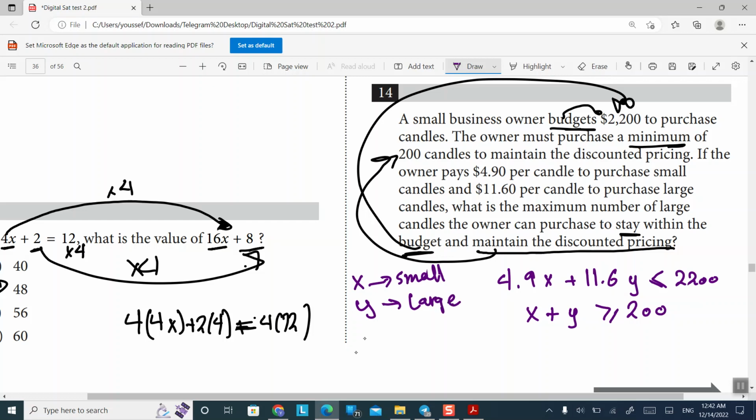Using your calculator, mode 5, 1, you'll find out that x is approximately